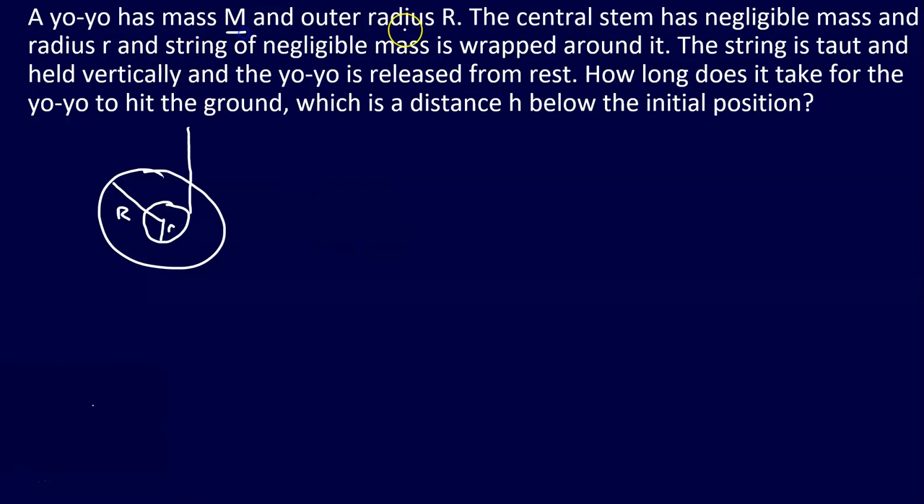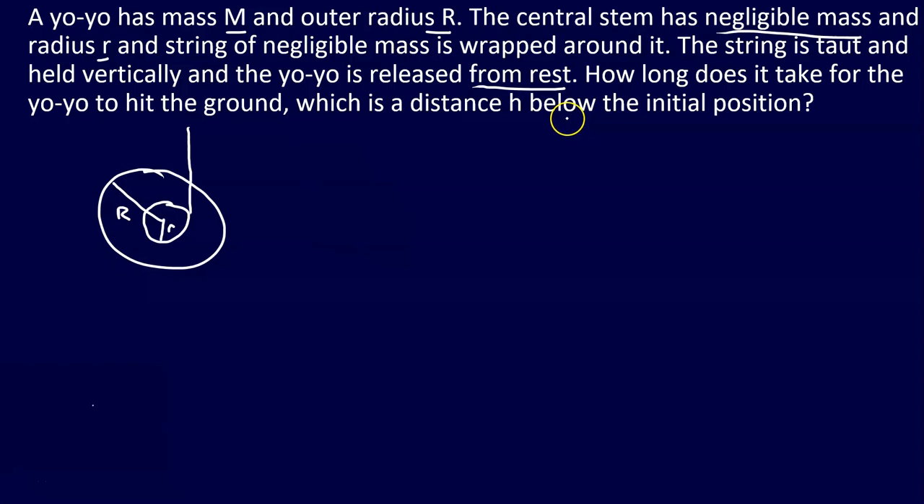So again, it's got mass m, outer radius big R, and then the central stem, which we're going to say is basically massless, and it has radius r. The string of negligible mass is wrapped around it. The string is held taut and held vertically, and the yo-yo is released from rest. So we're just letting it go from rest. The question is, how long does it take for the yo-yo to hit the ground, which is the distance h